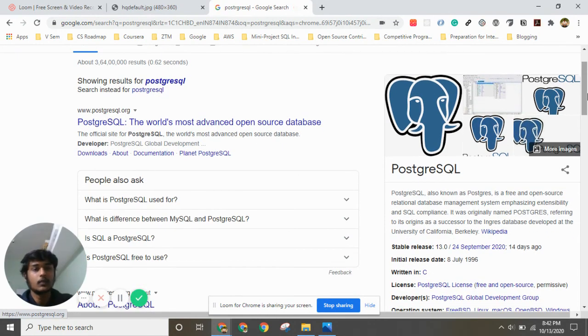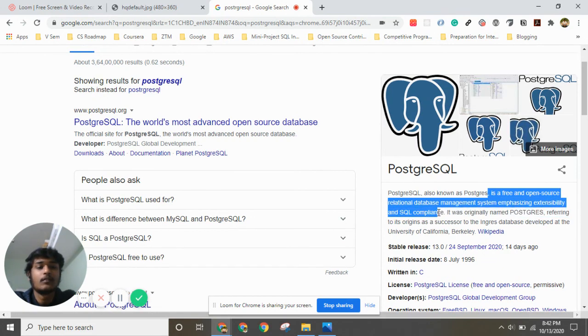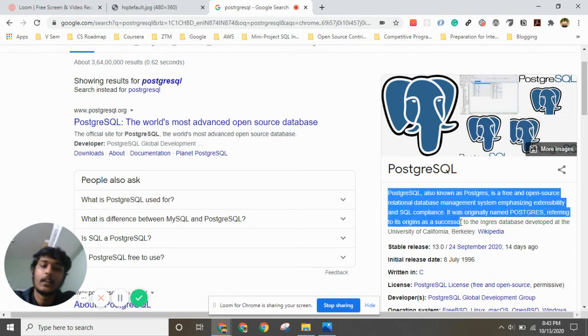It is similar to Oracle or MySQL. Why it is famous is because it is free and open source. Whereas with Oracle, we will have some certifications, some licenses. We don't need that in PostgreSQL, and it is used a lot by developers around the world.